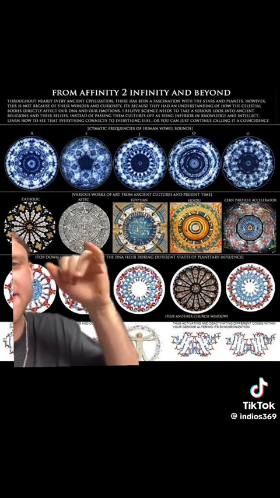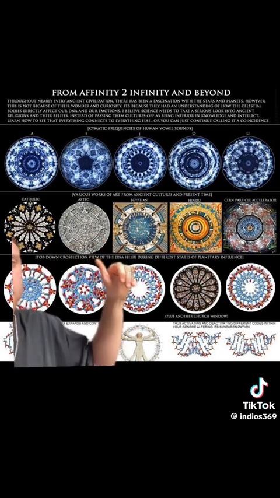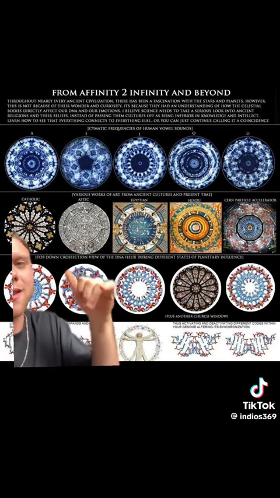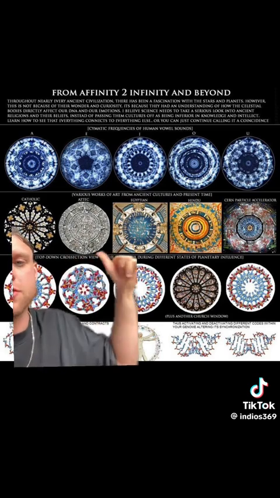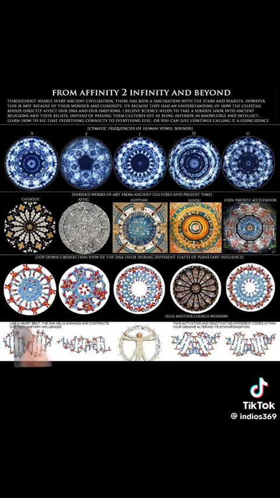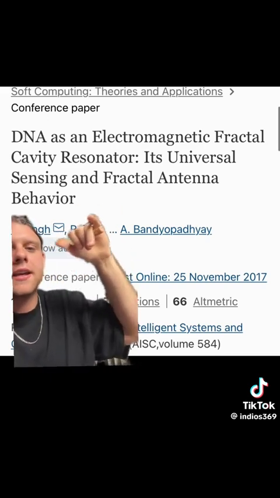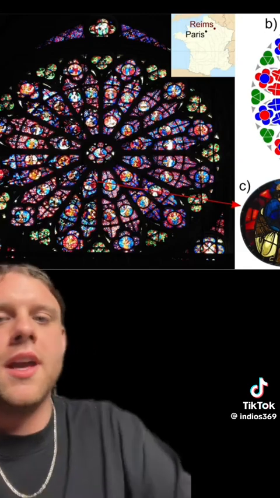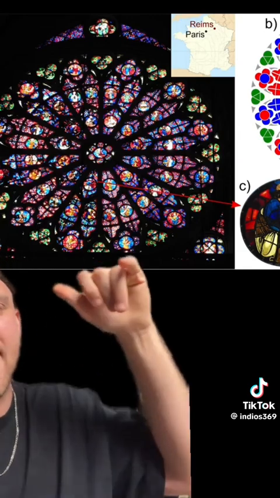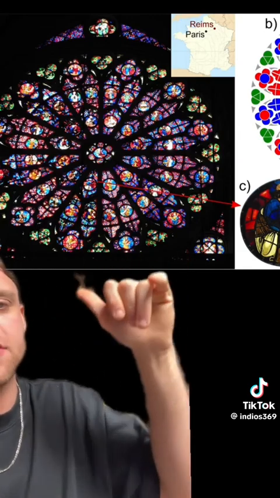Then we have the Aztec, Egyptian, Hindu, and even CERN, because this can be used for the good or the bad. This was in all of our ancient cultures, and this is what CERN reverse engineered. This is your DNA structure right here from the top. That's another somatic window right there. Because your DNA is an antenna, okay? It connects you to Christ. This is why the Catholic Church had the structure of our DNA 1,000 years before Harvard.